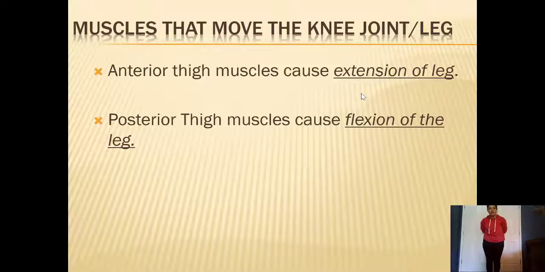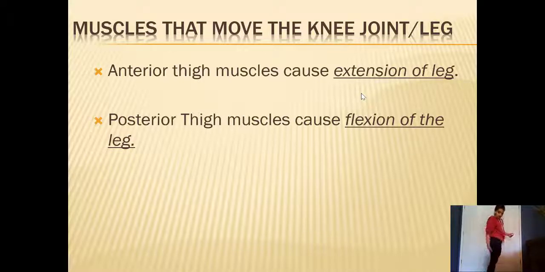Okay, taking a look at muscles that move the knee joint or the leg, we are going to see two movements here. When we talked about the anterior thigh muscles, we said that they flex the hip, but they do the opposite for the leg or the crural region. So muscles here that flex the hip will actually extend the knee. They're going to do the opposite, and that's due to the rotation of the limb to make us bipedal, which